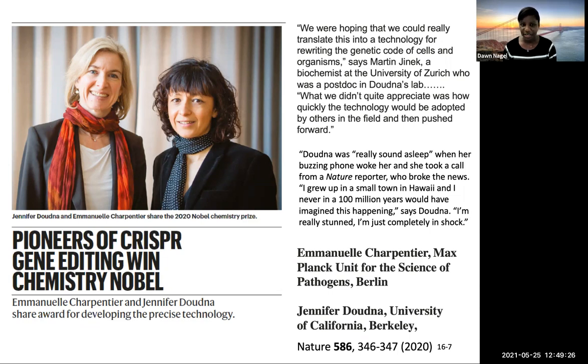It's a beautiful system. At a time when they were working on it, they did not anticipate that it was going to be such a major breakthrough, right? I mean, Jennifer Doudna, of course, did not expect to win the Nobel Prize for it. She was very shocked and surprised, right? Because again, they're using this system. They're chemists. They're trying to understand how a certain process works, and they were not necessarily the pioneers,